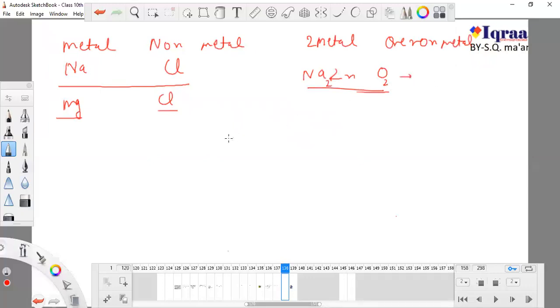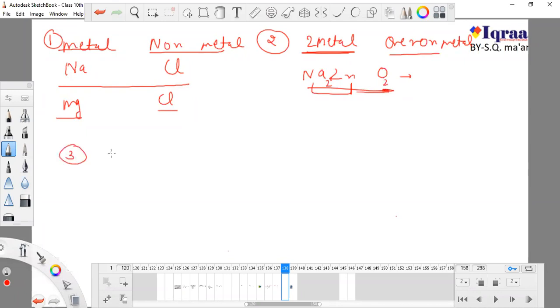Now there is a third type of salt. There are so many categories of salt, and depending upon pH there are many types: weak salt, acidic salt, basic salt, neutral salt. Now we are learning about different properties of salt, and there are two types. One contains one metal and one non-metal. Second contains two metals and one non-metal. Sodium zincate, we studied this.